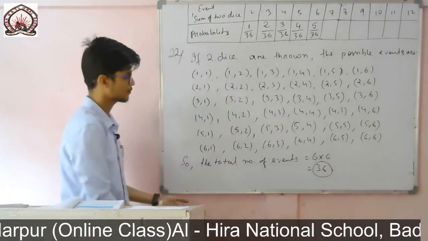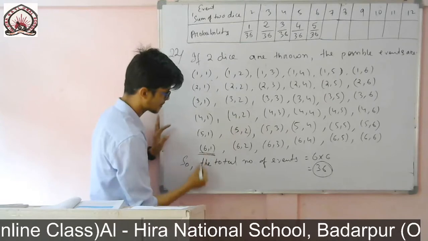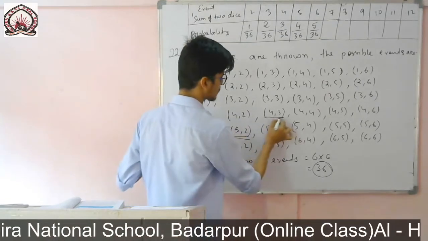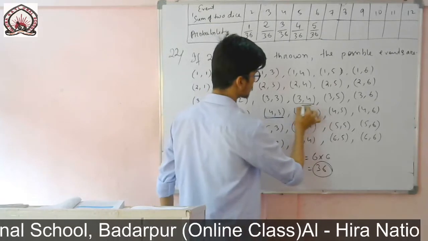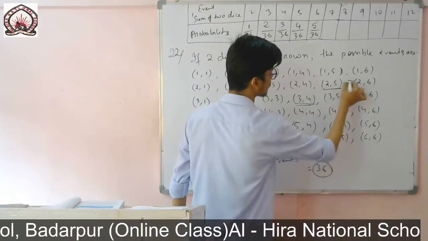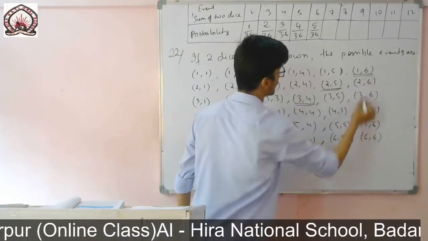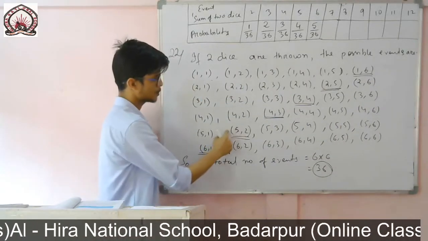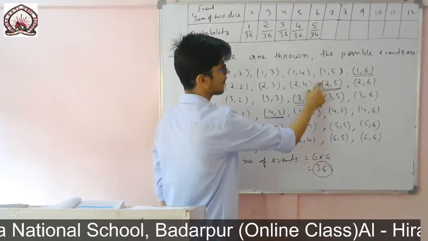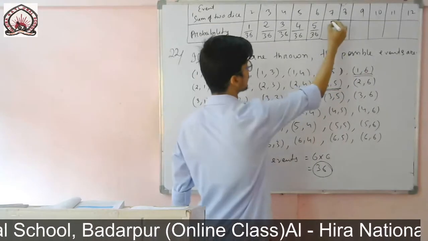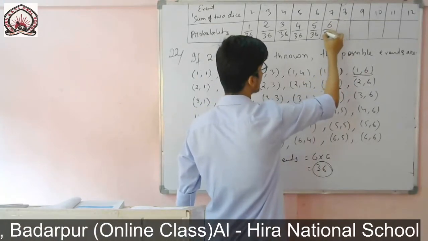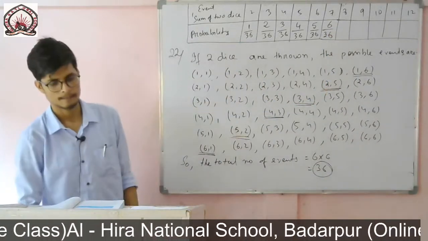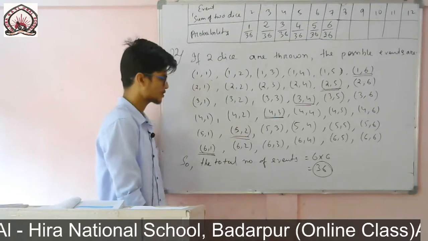So now we'll count for 7. 6 plus 1 is 7, 5 plus 2 is 7, 4 plus 3 is 7, and so on down to 1 plus 6 is 7. So how many events are you getting? 1, 2, 3, 4, 5, 6. So favorable outcome is 6 divided by total possible outcome 36. So 6 by 36. The next one you see,